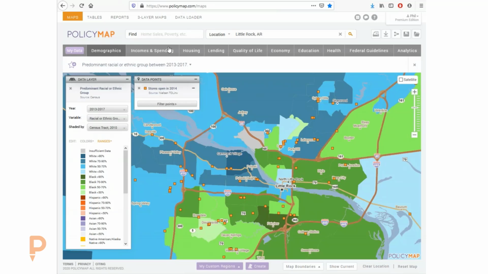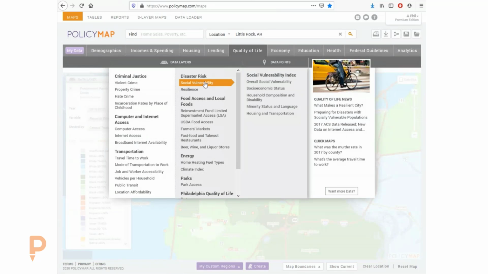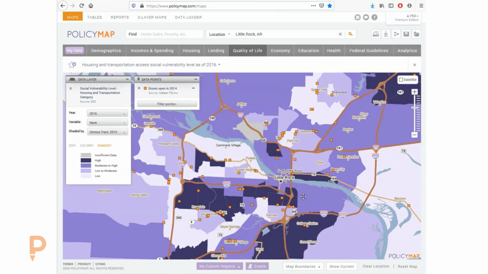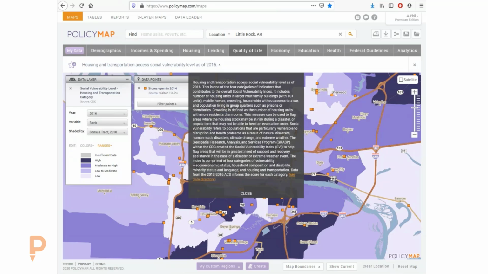So that's one of the really neat index data sets, and the other one that I wanted to show you is the social vulnerability index. Same idea here. Instead of just showing you income or housing costs or access to a grocery store, a really neat researcher created an index based on a methodology of data, and then with that, they're able to create areas that are considered at risk or high risk. So these places here, based on housing, transportation, and again, if you want to learn more about any methodology, click onto the title, and this will break out the entire methodology or the research for this one.